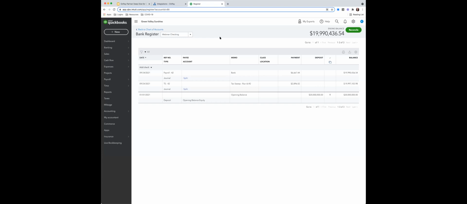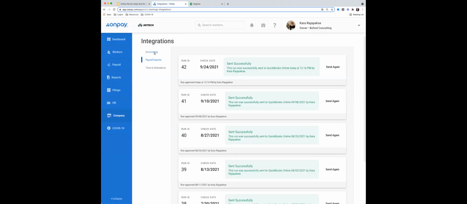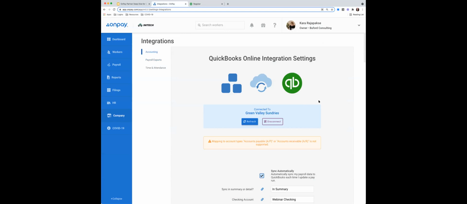If I can add too. Oh yeah, go ahead. Kara, go ahead. Oh, I was gonna say, what's really nice though is this: let's say worst case scenario, something has changed on the QuickBooks side and you have to reconnect, just like we saw when I was toggling between pay types and departments, OnPay is gonna remember whatever the mapping settings were before it was disconnected, if there is something that you need to log back into QuickBooks Online, so you don't have to worry about any mapping being lost that was previously done.